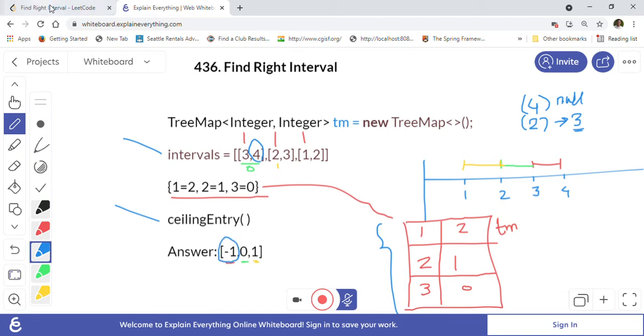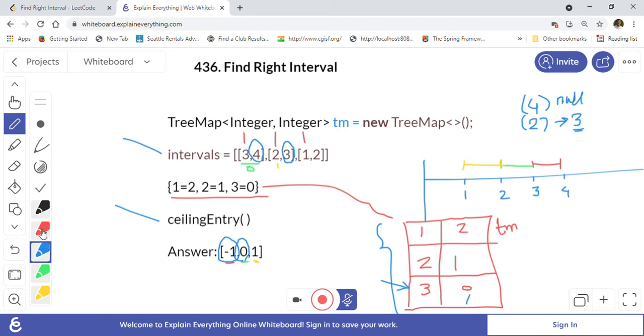The next end position for the next interval is 3. The ceiling entry for 3 is 3, which is available, right? So we will take this as the ceiling entry. It gives us 3 comma 0, and we will put the position 0 here.